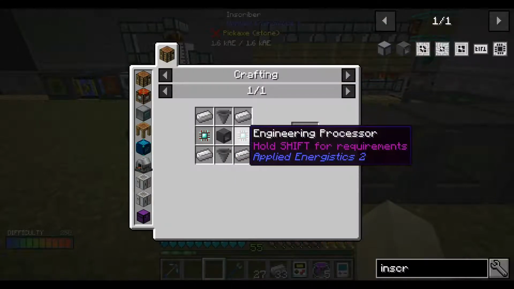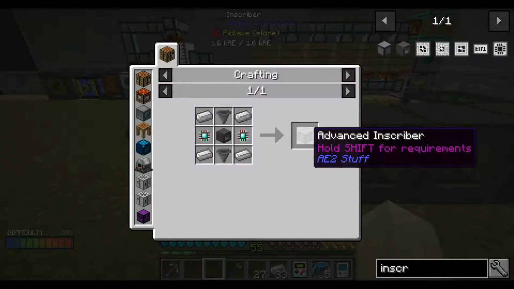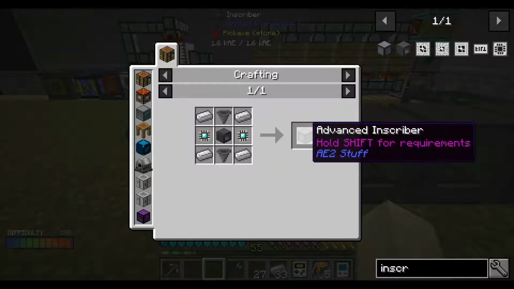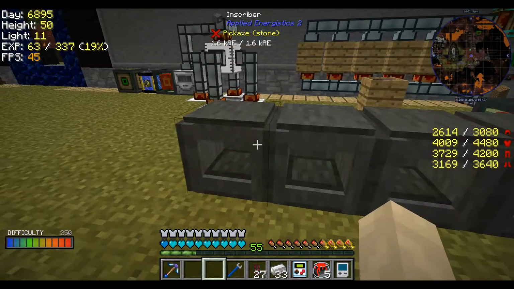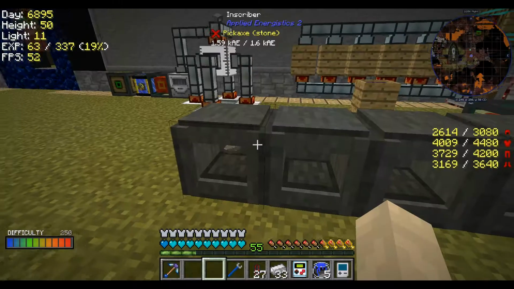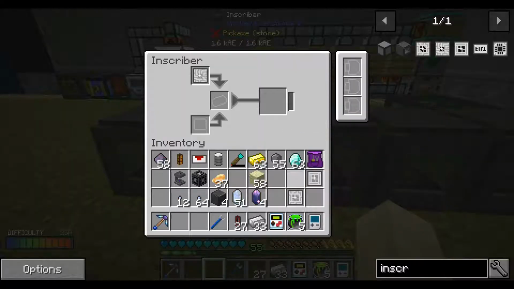Okay, right, okay, we need a normal inscriber with a bunch of stuff. So it's engineering processors that we're really needing at the moment. And the advanced inscriber allows us to stack up stuff. Okay. I'll do another one there, and that'll do. So, engineering...